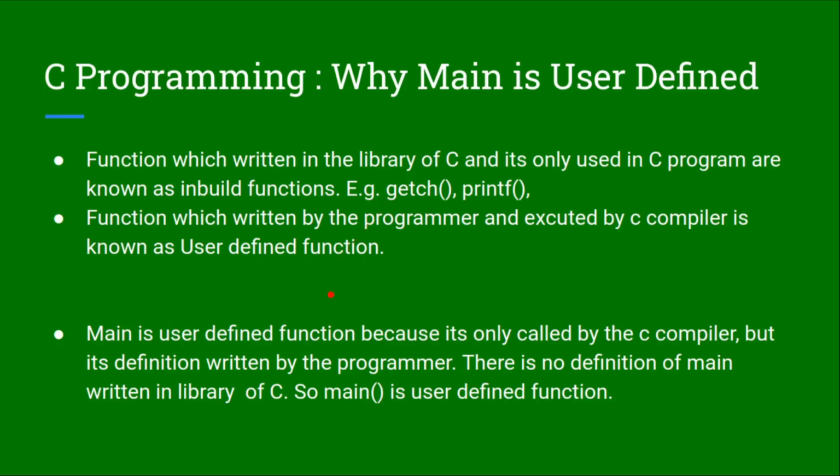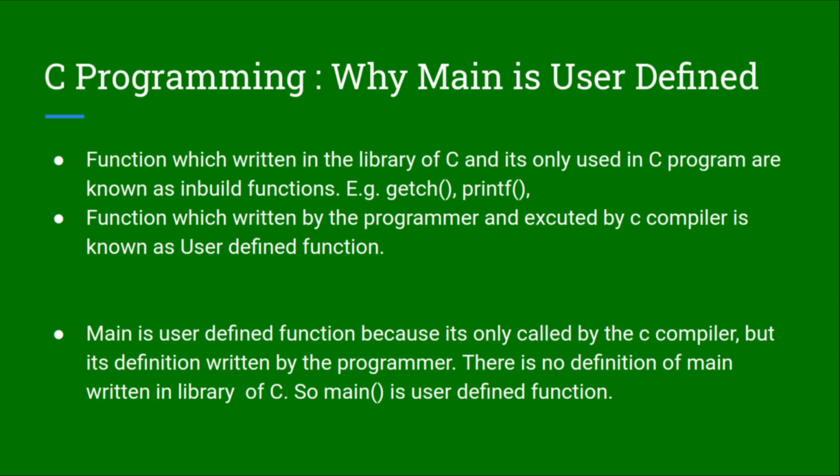The next type is the system built, or pre-built, or inbuilt function. Inbuilt functions are those which are already written into the library of C. The function bodies of those functions are already written in the C library. We just use those functions: we include the header files and we call the function that is written into the header file. That is the functionality of an inbuilt function. They are actually a kind of helper to us.